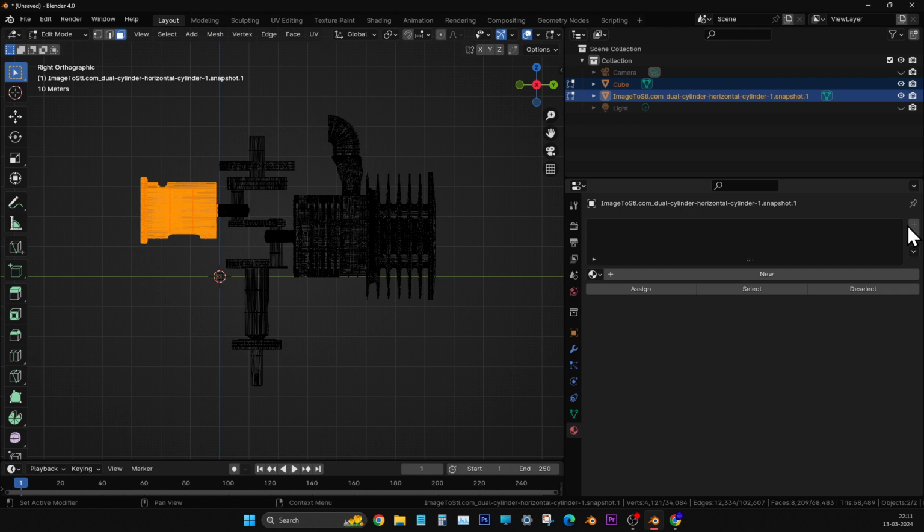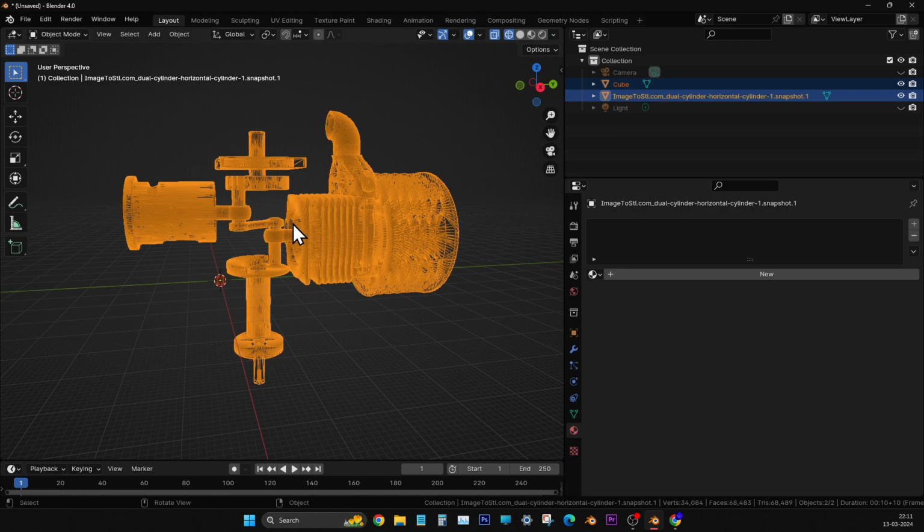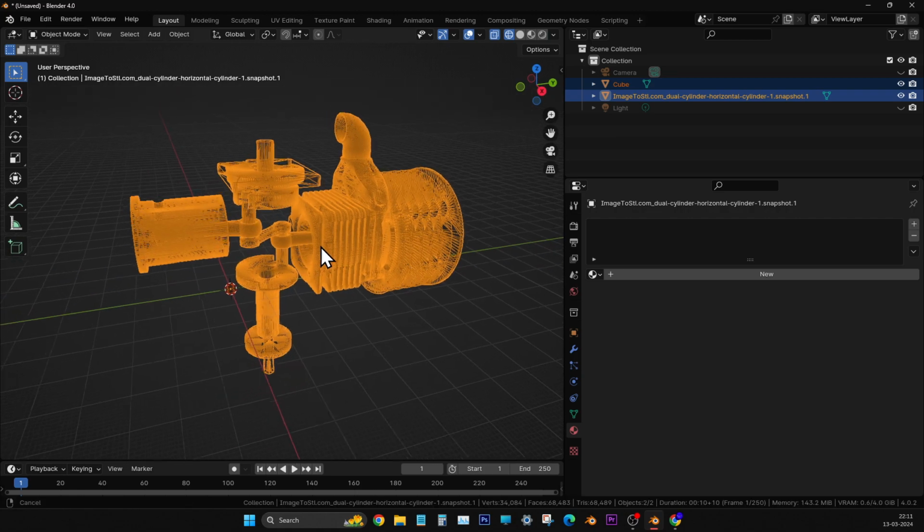See, generally we apply material in object mode, but here Blender gives an option to apply material to a set of faces also. So it's possible. We can press assign material, create another material, select other faces, and again assign a different material. Like that we can do it, but it's difficult. So instead, what we are trying to do is separate the